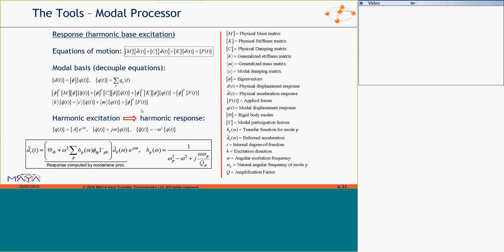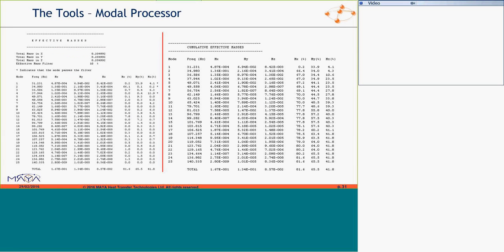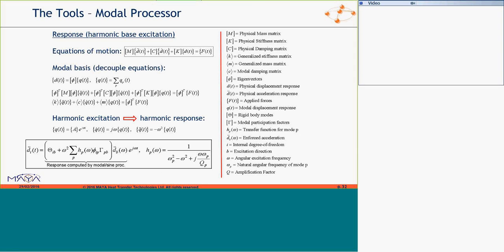So that was for effective mass. Going here, Nastran writes this out to the F06 file. You can edit the F06 file and just copy and paste it into a spreadsheet if you want. I personally don't care for copying and pasting on a recurring basis, so I much prefer to use this form in this tool. What the processor also does, as I mentioned before, is calculate a response to a steady state excitation of 1G in the direction you specify.